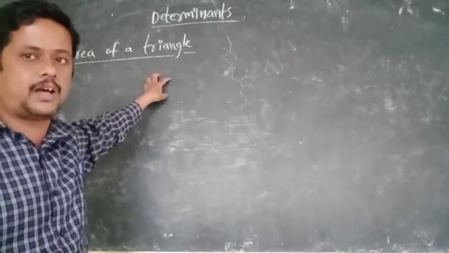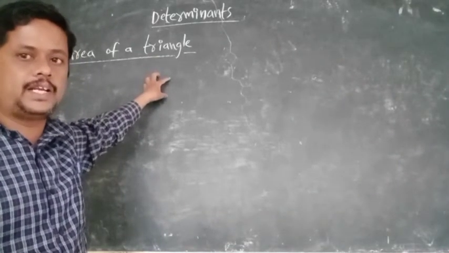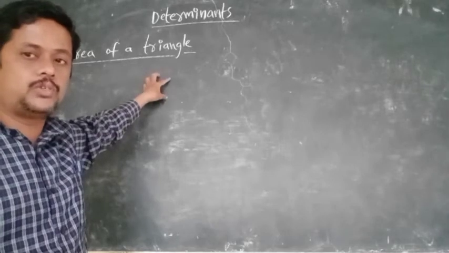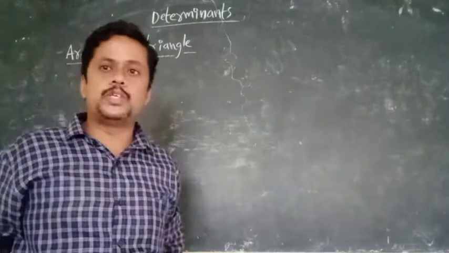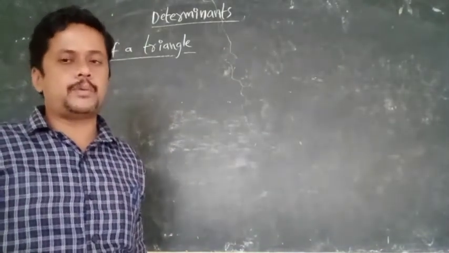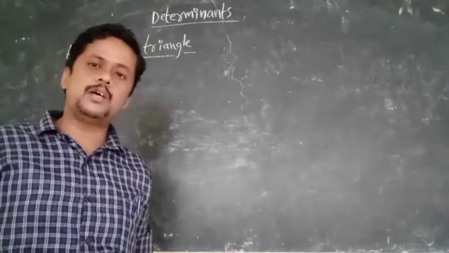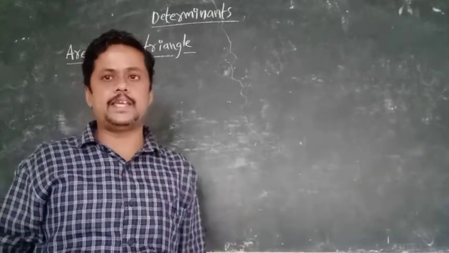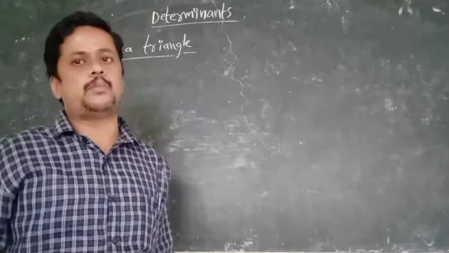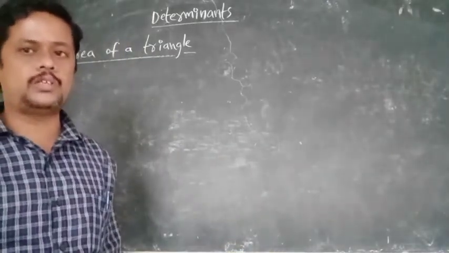Determinants are already calculated now. How to calculate the 3 by 3 determinant, by using that property. By using the determinant formula for the area of the triangle, you can easily calculate the area of the triangle and solve related problems. First you have to know that formula.